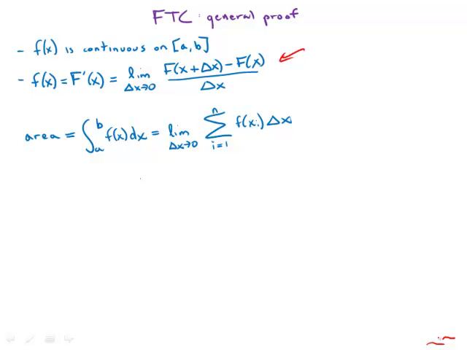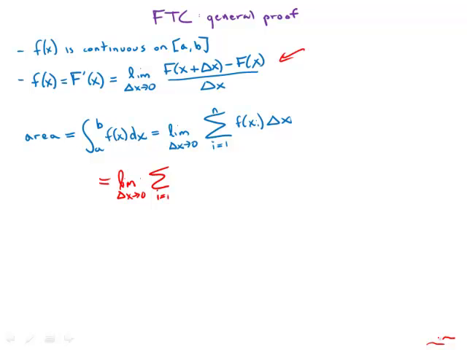We want an expression for the area under f(x), and of course this equals the definite integral from a to b of f(x) dx. And of course we evaluate this integral by a limit of the sum of Riemann rectangles. So the first thing I'm going to do in this limit, as delta x goes to 0,